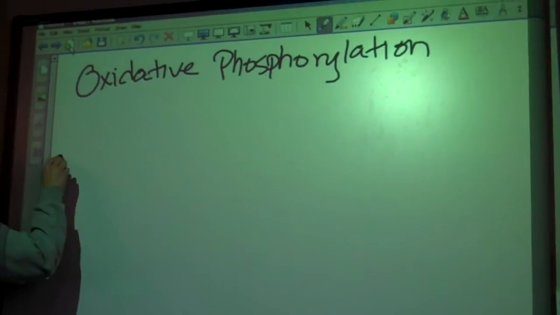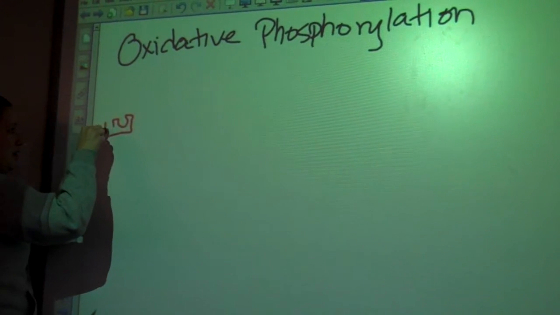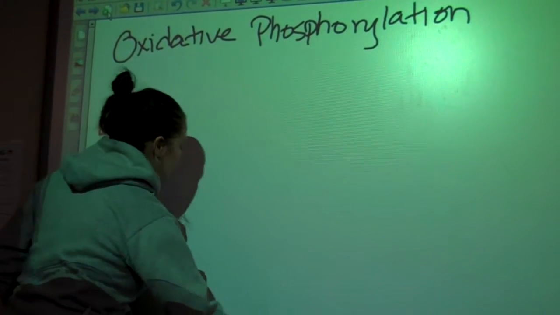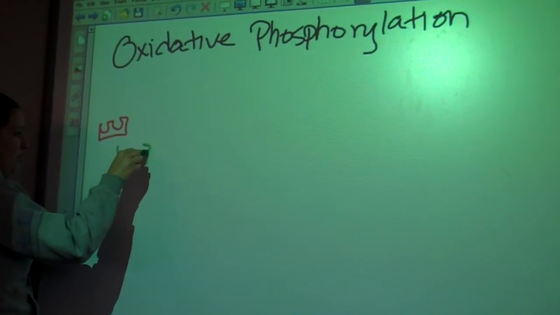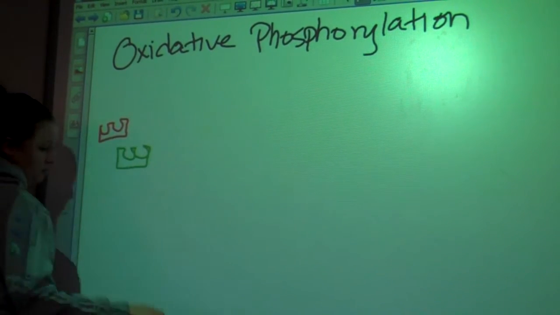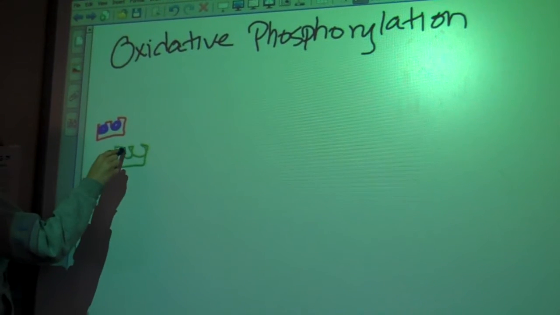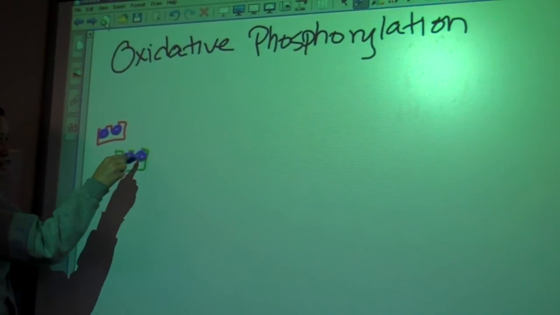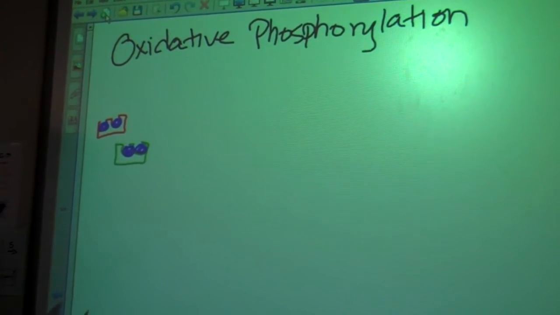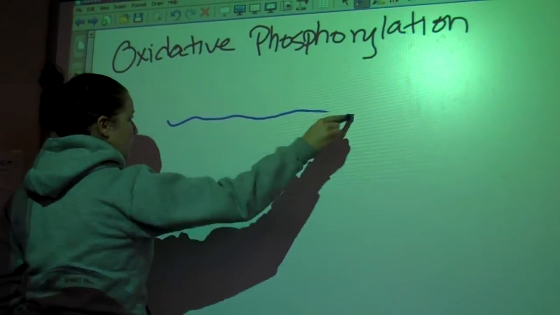So we have all these full electron carriers, right? We have our NADH, and we have our FADH2. And these are full of electrons, which are still attached to hydrogens, right? Anytime I'm talking about electrons, I'm also talking about hydrogens. Okay, so now we're getting to something called,